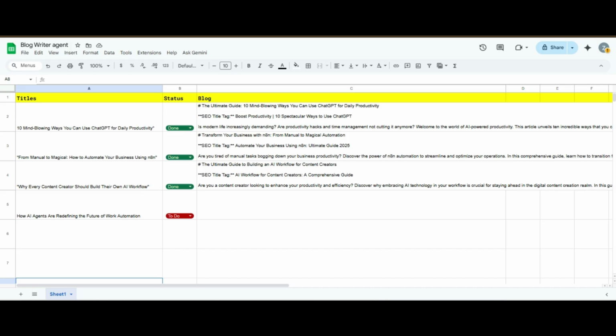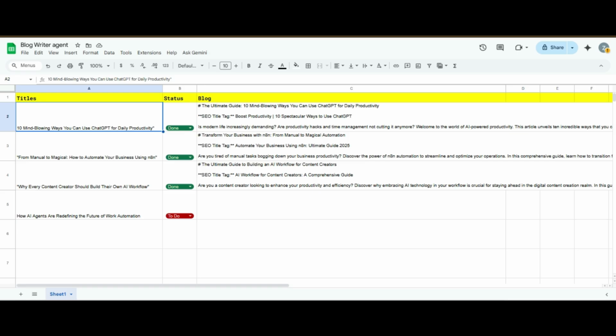Say there are 30 titles. You want the AI to retrieve the first title first, then once the first title is done, the AI agent retrieves the second, and then the third. You want it line by line.